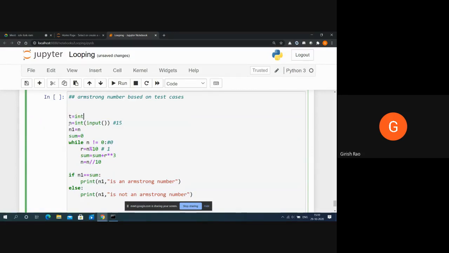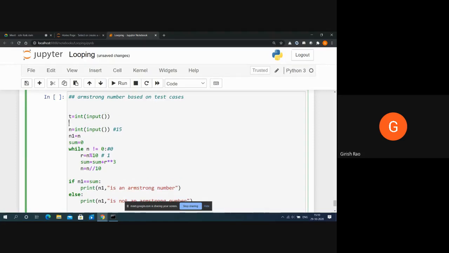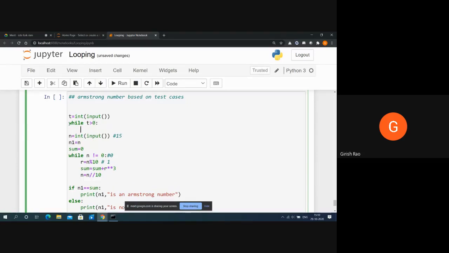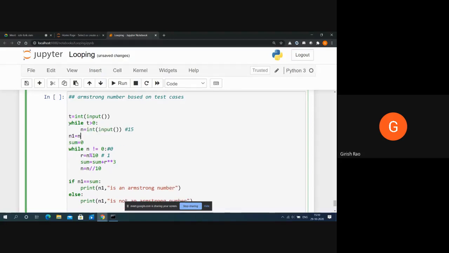T is equal to int of input, and while T greater than 0, and then we'll have to pull everything to the right, indent it, and this is the inner loop. Now, so this will go inside.